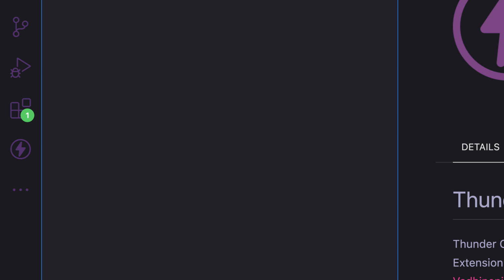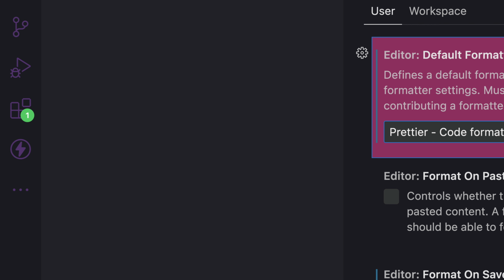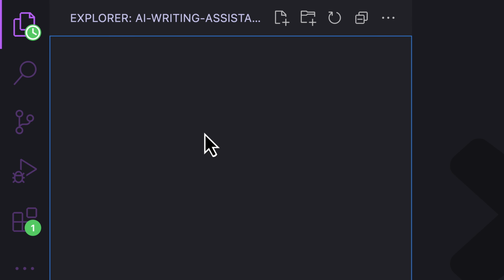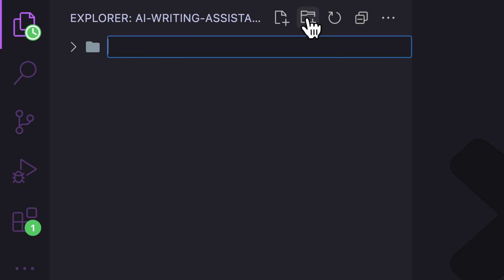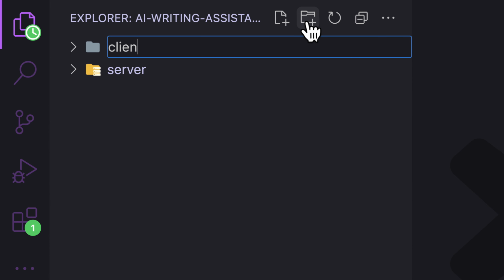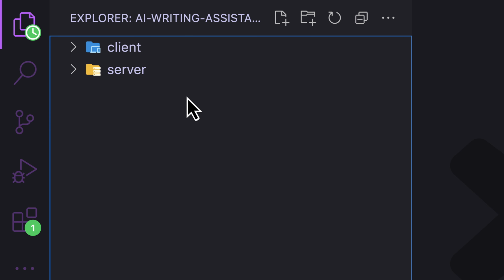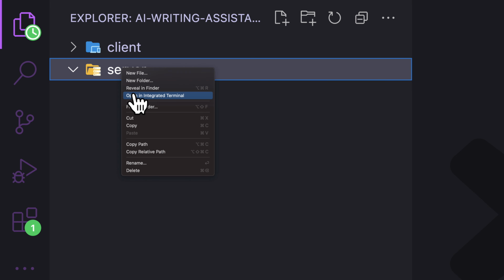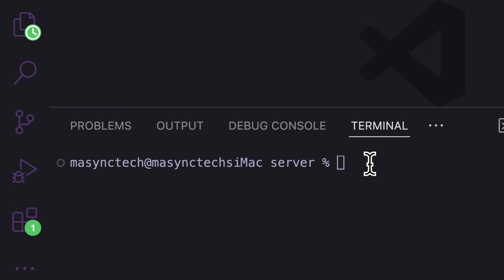Alright, now that we have the extensions and theme that we're going to use, let's get started to structure our code. Let me increase the zoom level. We're going to have one folder for the backend or the server and one folder for the front end. I'm going to call it client. Let's begin with the server or the API development. So let's open this one in the terminal and make sure to run npm init -y or yes to accept